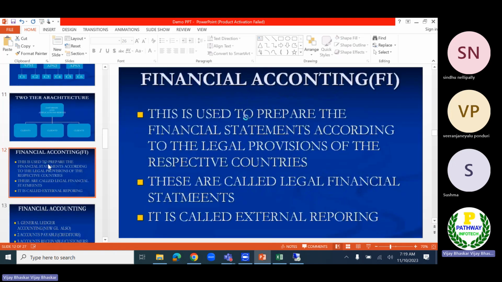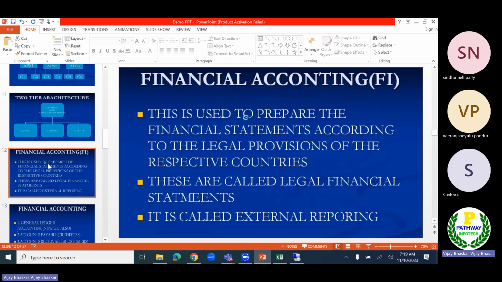Then now, what is the use of financial accounting? We have already talked about this. Financial accounting is used to prepare the financial statements according to the legal provisions of the respective countries. So each and every organization must prepare their financial statements according to the local government rules and regulations.